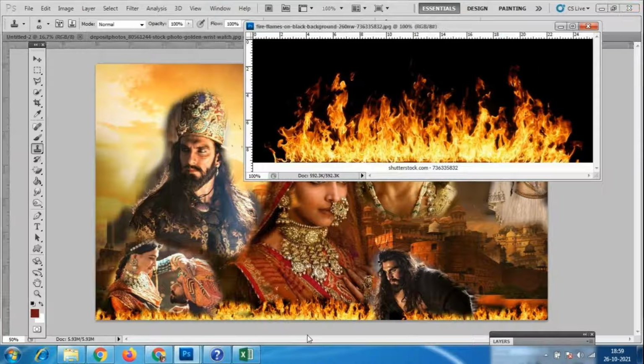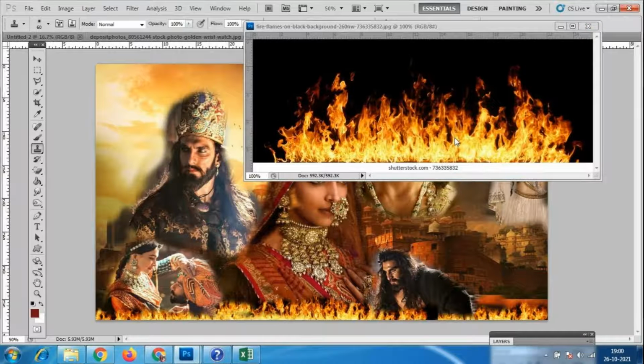I'm using the fire over here everywhere. You have to keep on doing like this, so you will get the same effect. Okay, so my movie poster is done.